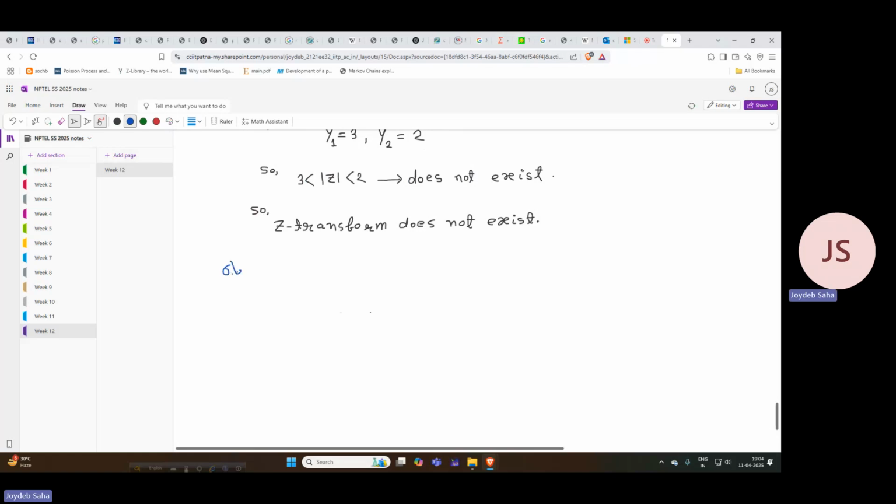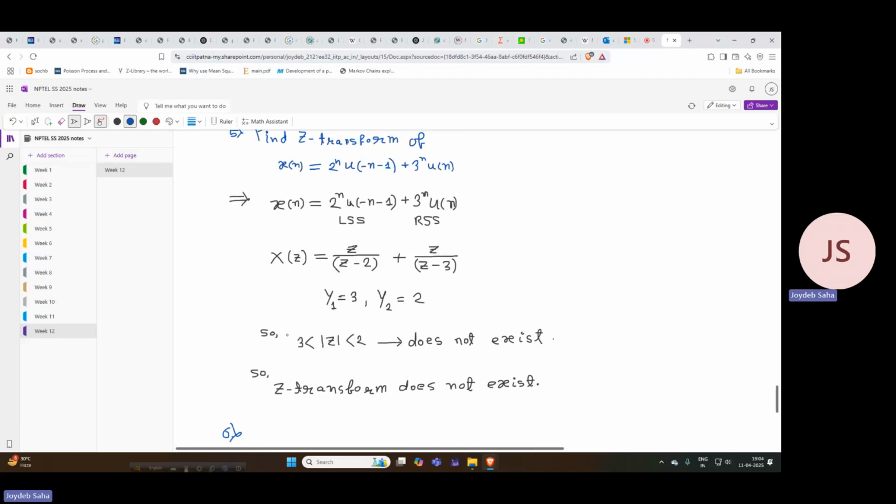So let us move to the next problem. If there is no query,